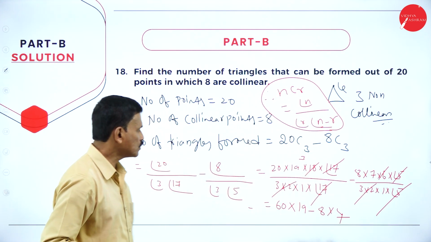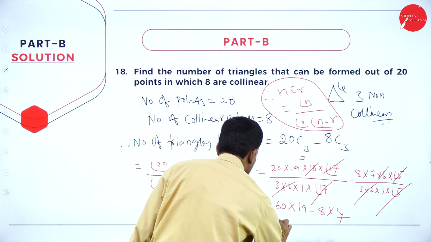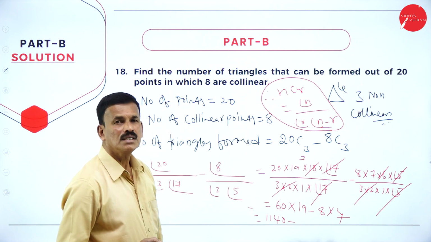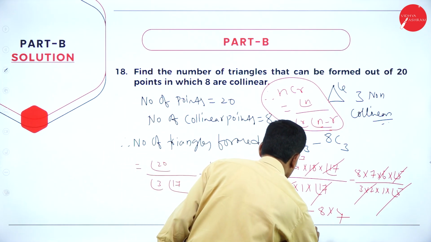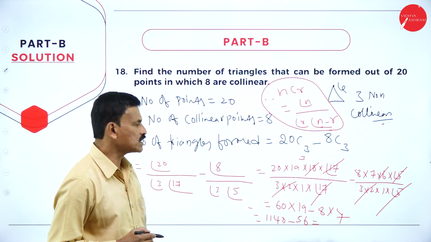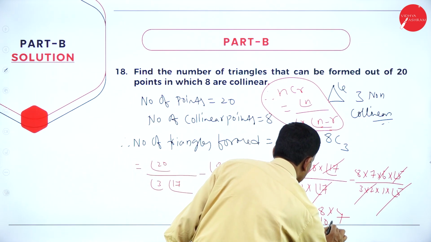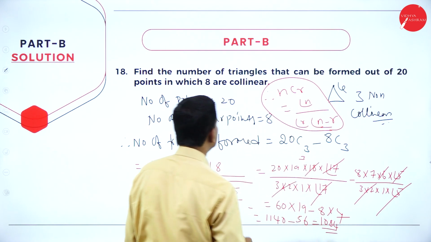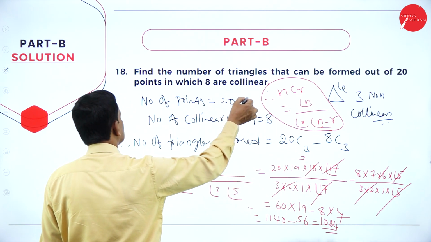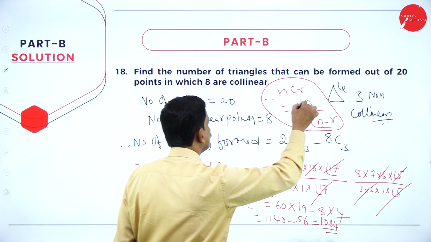Now, what is this equal to? 60 into 19 is 1140, 1140 minus 8 into 7, 56. So, what is this equal to? Subtract 1140 minus 56. That's equal to 1084. That's it. So, the number of triangles that can be formed from 20 points in which 8 are collinear is